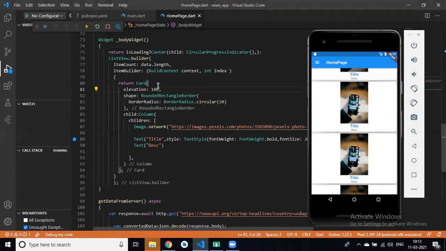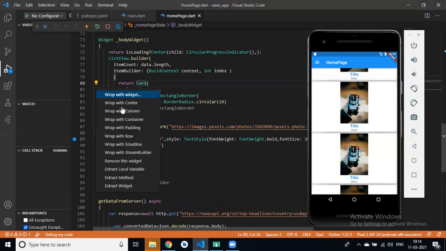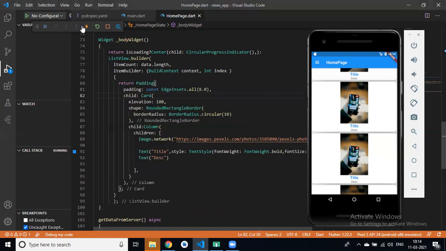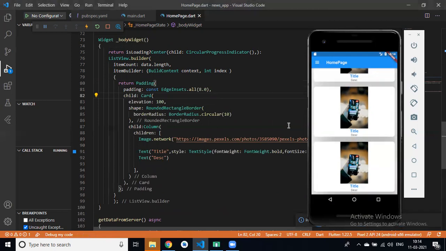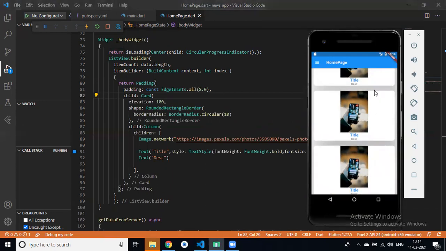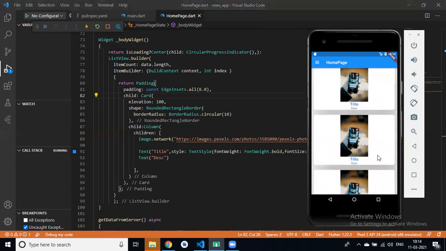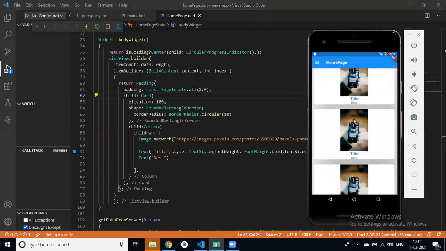So if I wrap this widget inside a container with padding, now you can see the rounded rectangle border.